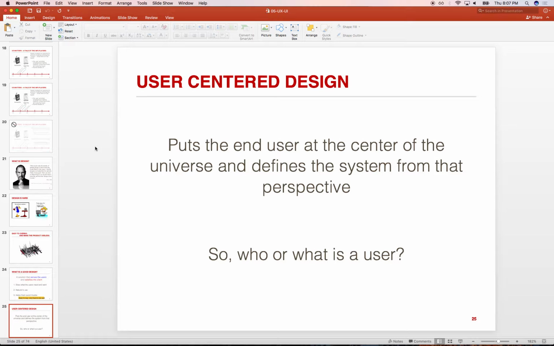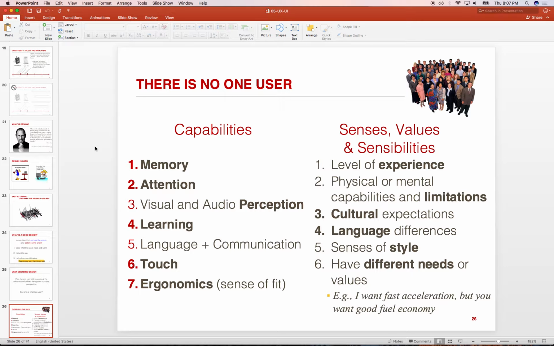So user-centered design, it all starts with putting the user in the center, right? And then designing everything around that user. That's kind of what a lot of car manufacturers say, right? We started with the user sitting, right, and then we designed the cockpit around it, right? So being able to reach, and ergonomics, and what would they want from that product.